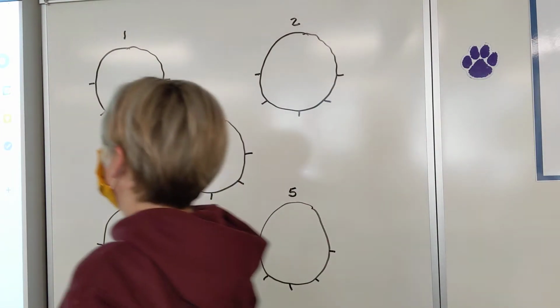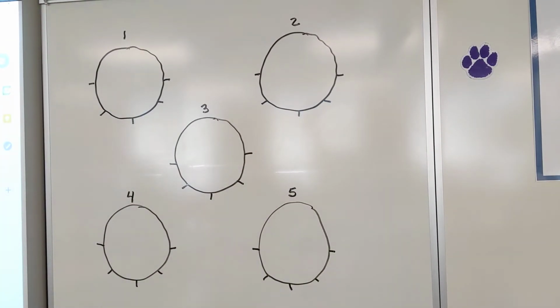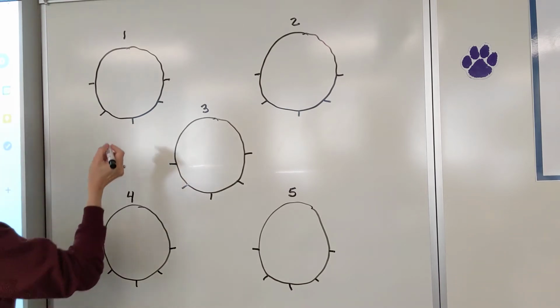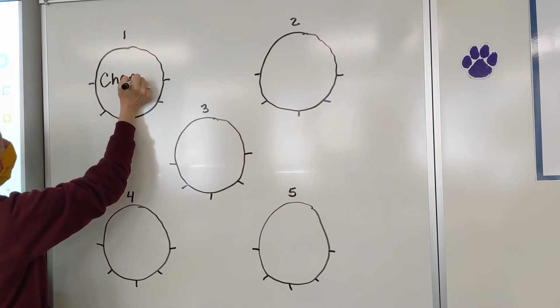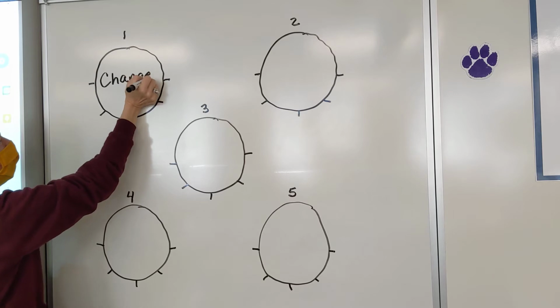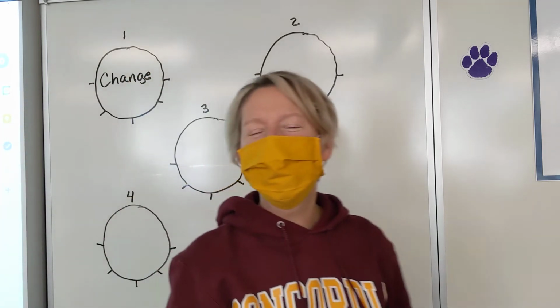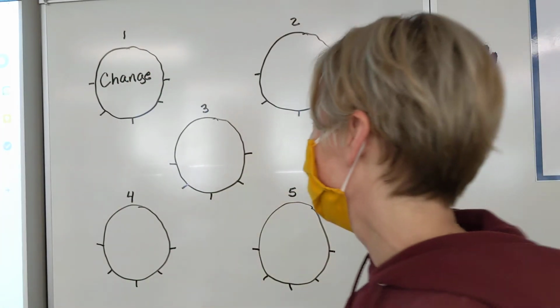All right, so in our essay here, you've written all your highlighted stuff. Who knows what the abstract noun is that we're going to write about? Mr. Village. Change. We're going to write about change. So in the middle of your first wheel, write the word change. We're only going to get a little ways this morning, but that's okay.